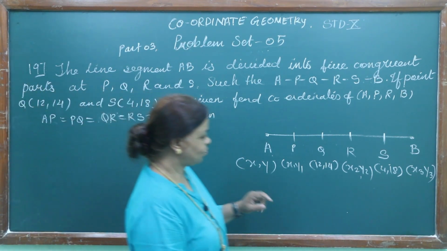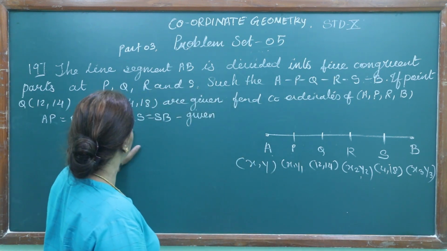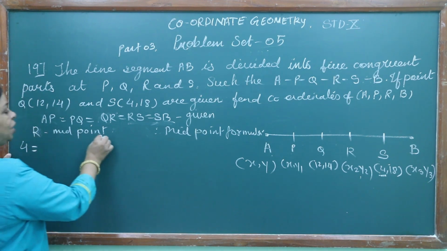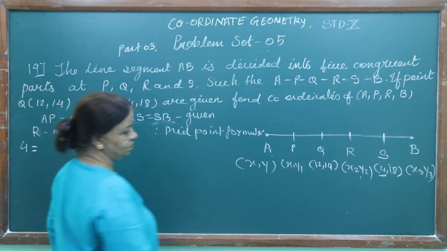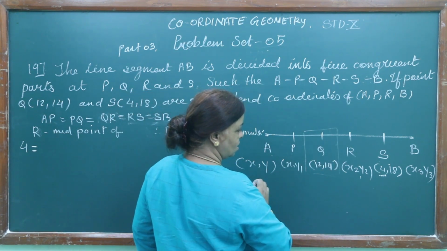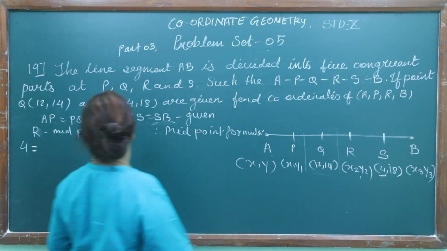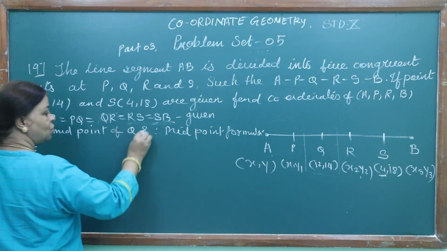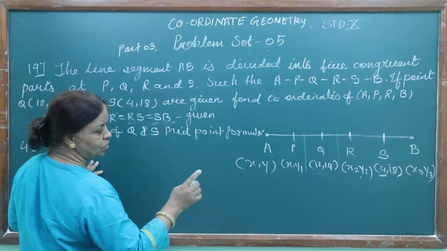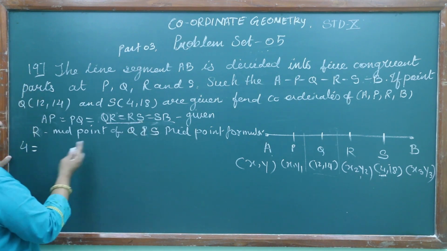So children, see the coordinates as I have written here. AP is equal to PQ equal to QR equal to RS equal to SB. Children, R is the midpoint of Q and S. And how do you know R is the midpoint of Q and S? Because QR is equal to RS. So by the midpoint formula,